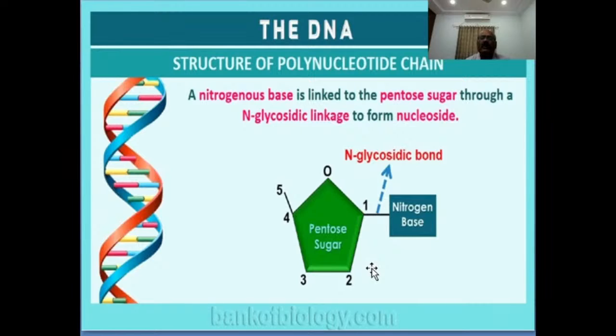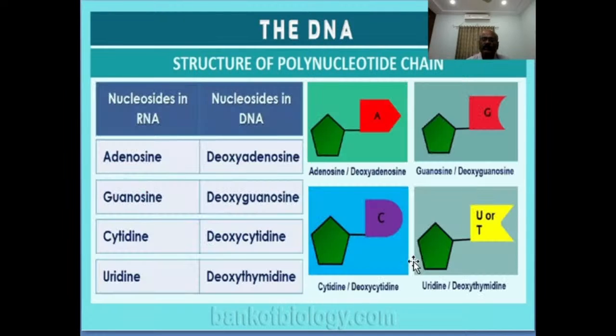Very important from the MHT-CET and NEET point of view. So, the bond between sugar and nitrogen base, in both DNA and RNA, is called the N-glycosidic bond. So, this is the pentose sugar, this is the nitrogen base. These two are connected with an N-glycosidic bond. Structure of polynucleotide chain: